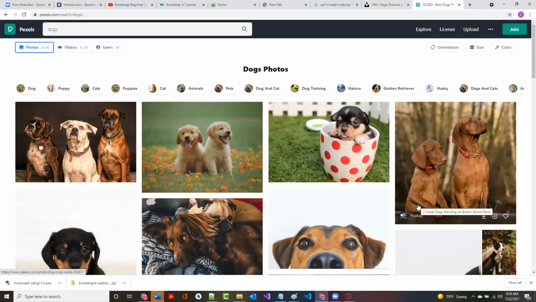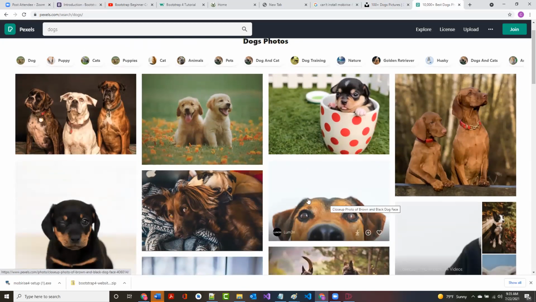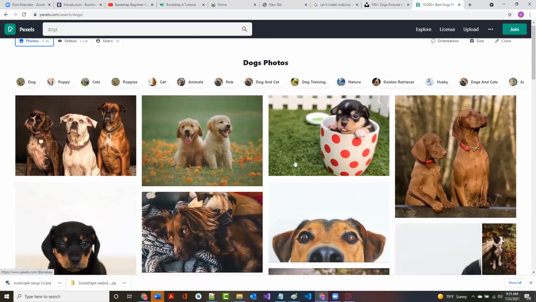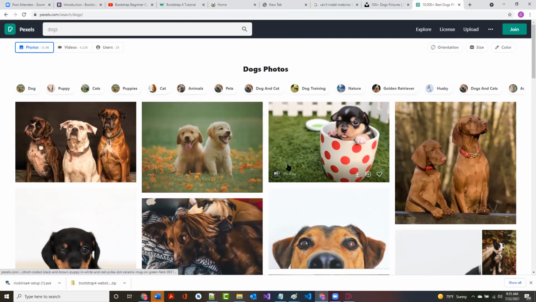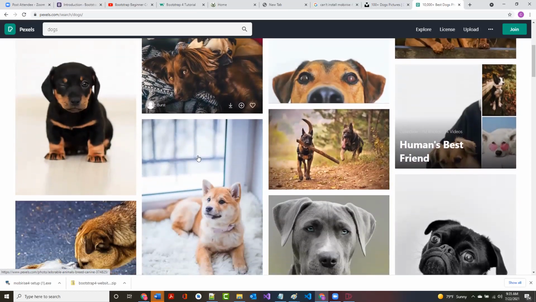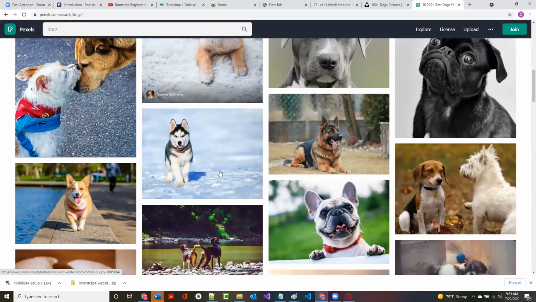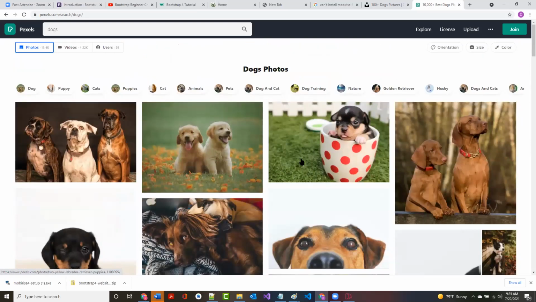Now, so what do you do with them? I'm going to show you that right now. I'm going to grab 3 of these pictures. Okay. And I want 3 that pretty much look like they're about the same size. So that one looks like it's the same size pretty much as this one. These 2 look like they're the same size. And I mean, I can put any ones I want. I can grab these 3.